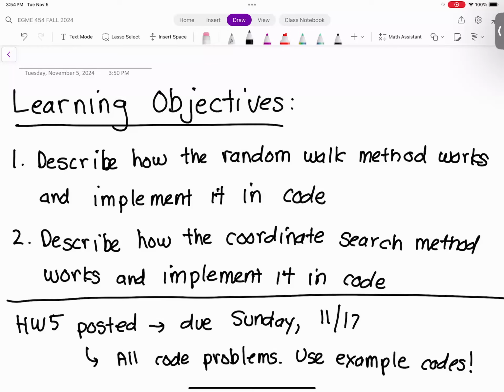Professor. Yep. What's up? So on the exam, obviously we're going to be doing it by hand, and I'm assuming you're not going to want us to write the whole code. So what would be the main pieces, or should we understand the whole code in order to grasp the exam?